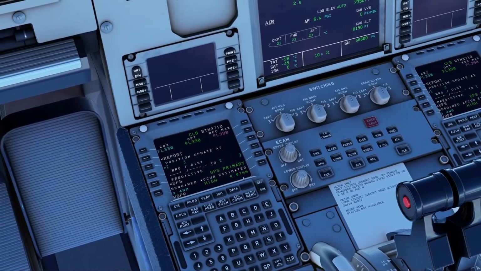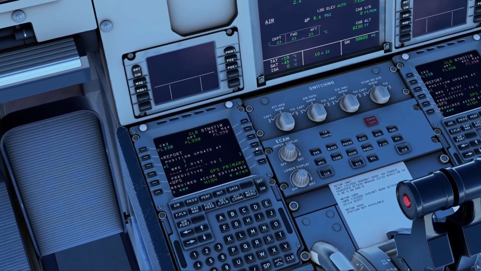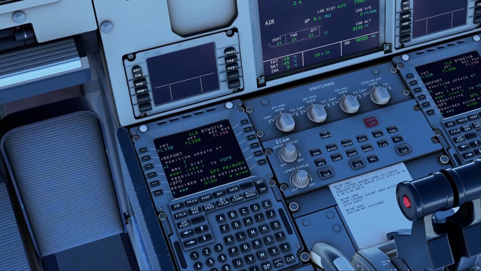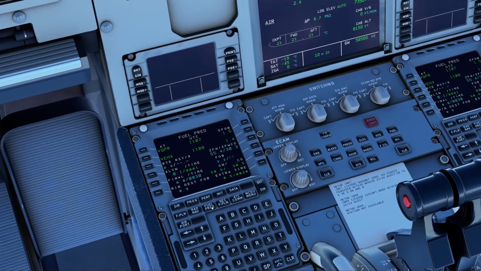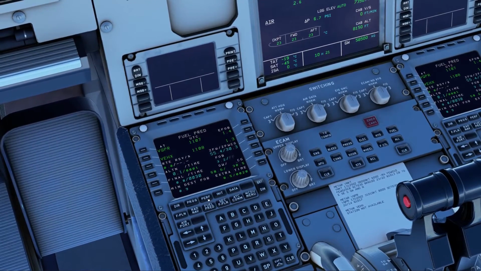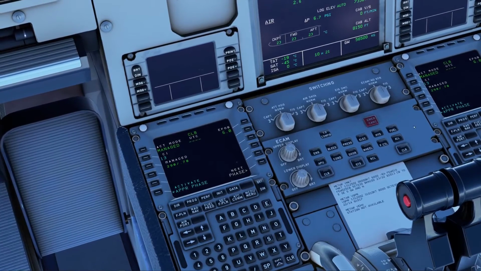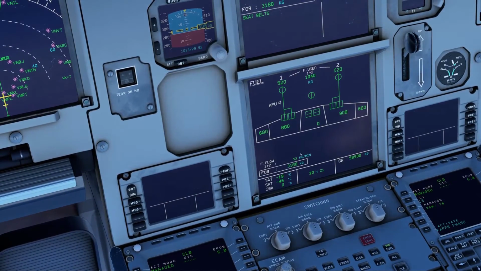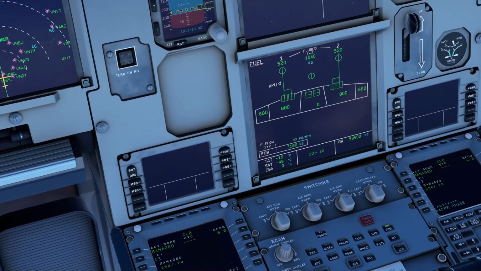Alright. Estimated accuracy 0.7 nautical miles, so that's fine. Okay, maybe I should put it here actually. Let's see. Oh, there we go. Alright, checking our fuel. Looking good.